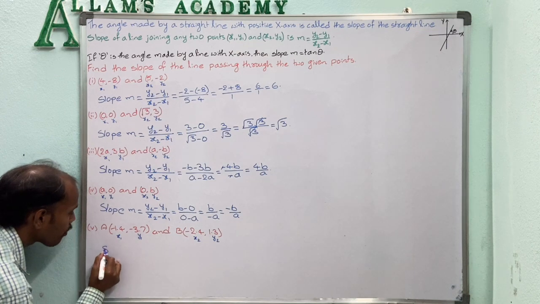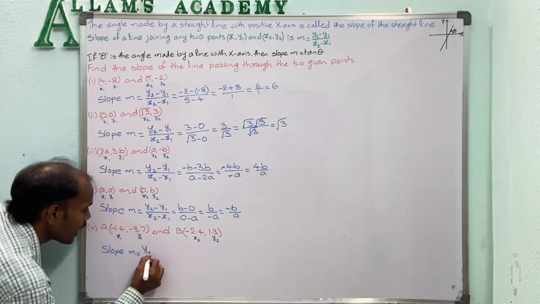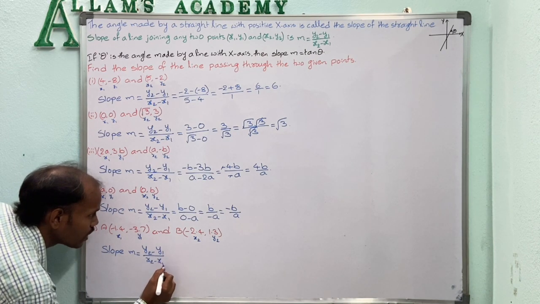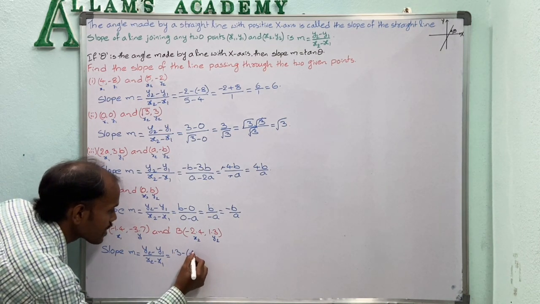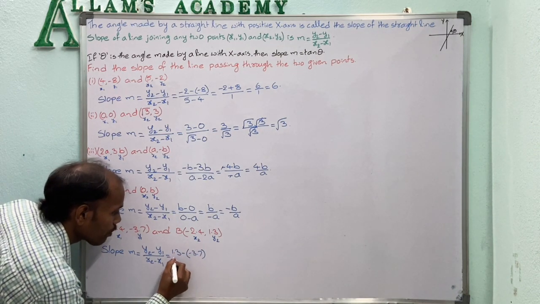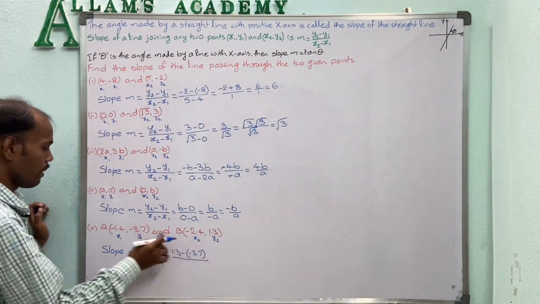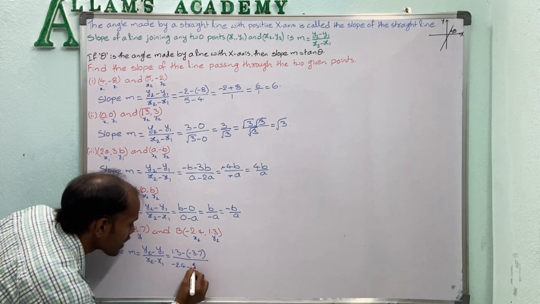So the slope m is equal to (y2 - y1) / (x2 - x1). So here y2 is 1.3 and y1 is -3.7. So 1.3 minus of -3.7, over x2 minus x1, -2.4 minus of -